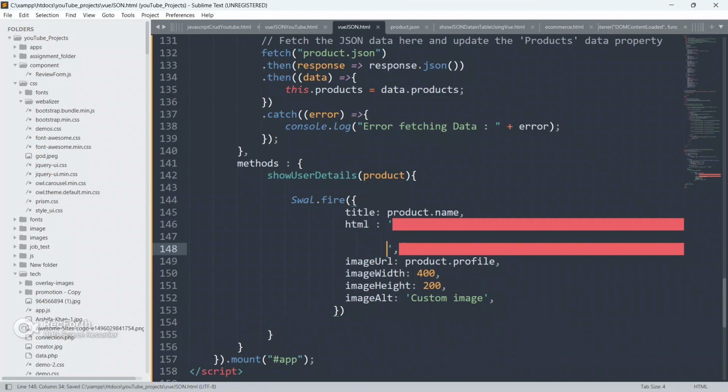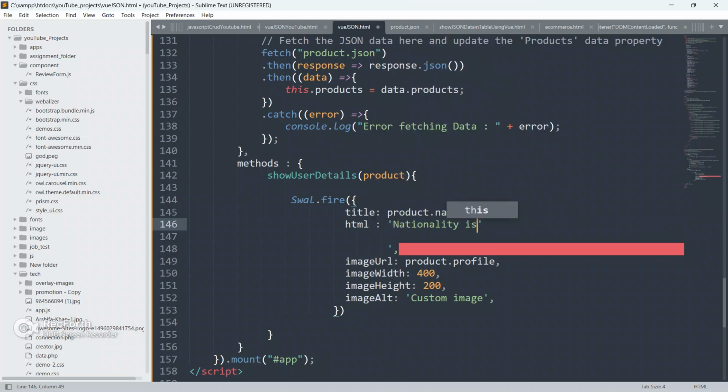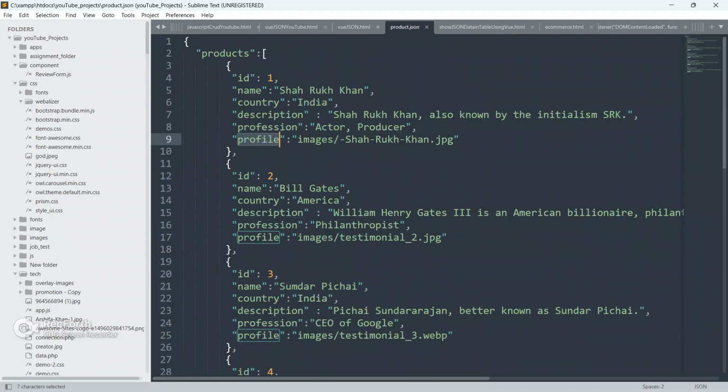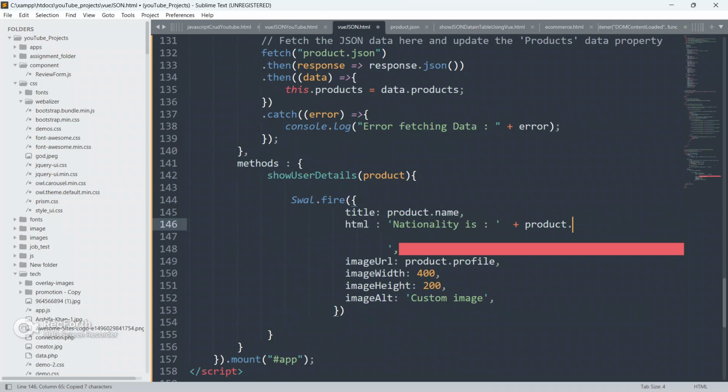Inside this html I'm going to put HTML. Just give Nationality is, and give a colon also, then put plus, and we will say product dot, so for nationality, product.country.